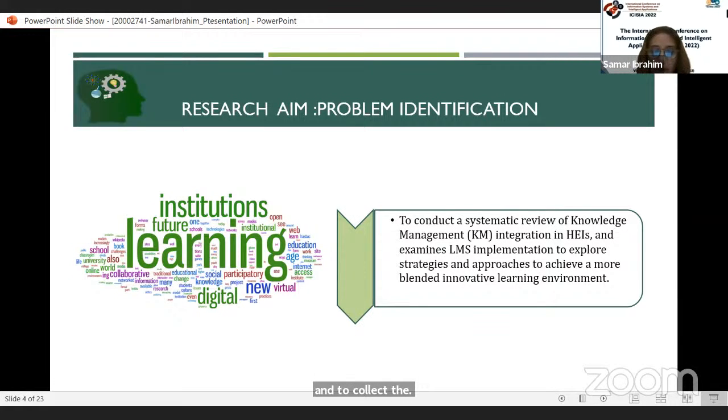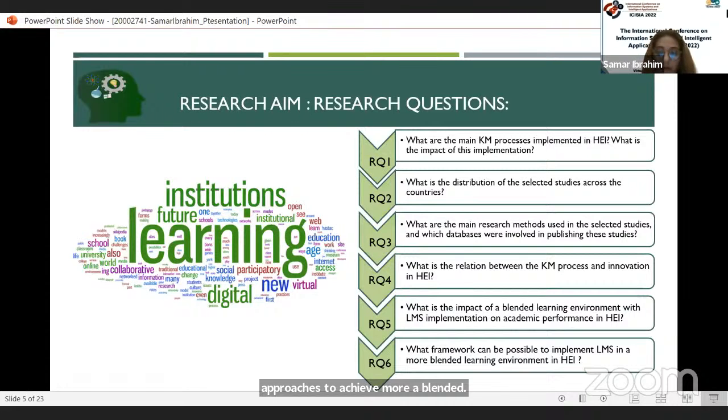So my research problem is to conduct a systematic review of knowledge management integration in higher education institution and examine specifically the learning management system implementation, to explore all the strategies and approaches to achieve a more blended, innovative learning environment. My research questions were 6, and they included as a first,